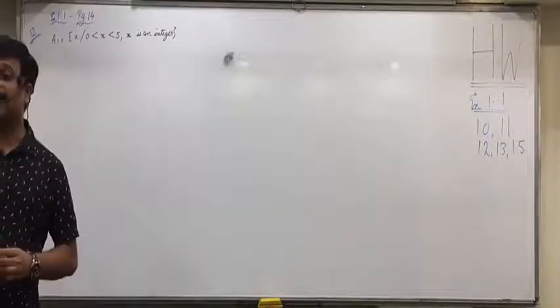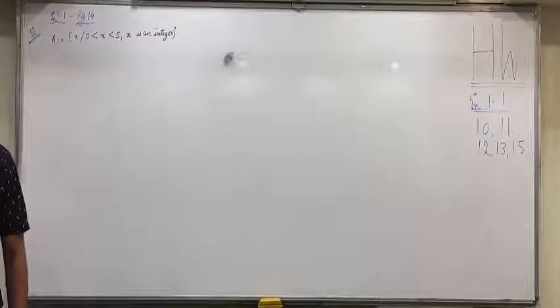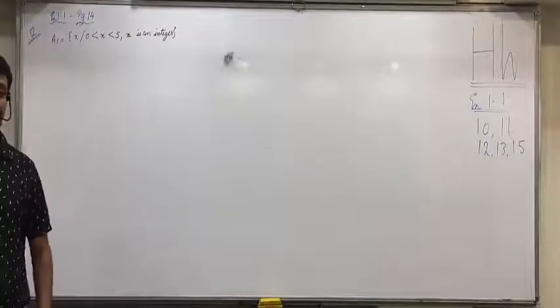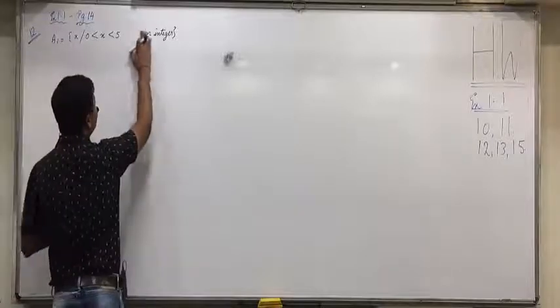If it was mentioned x is an integer, then which are the integers between 0 and 5? 1, 2, 3, 4. Okay, so first of all,